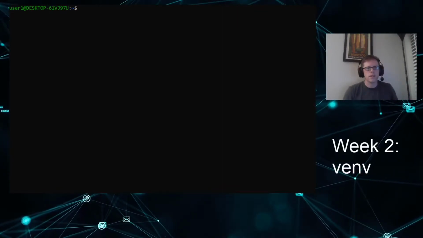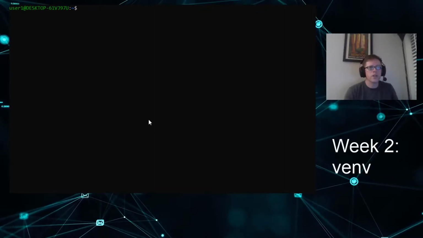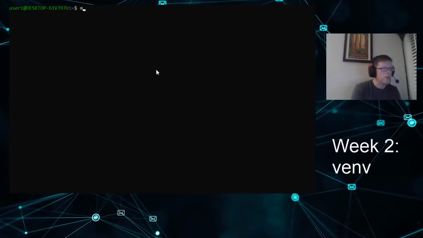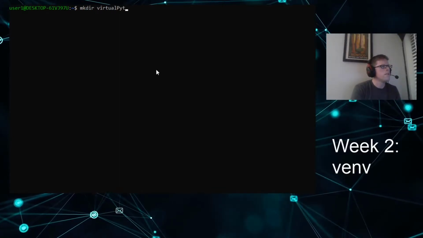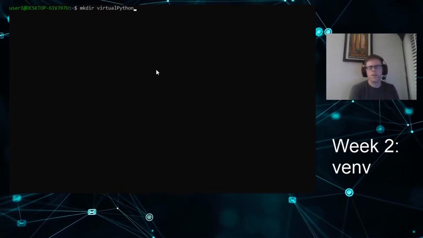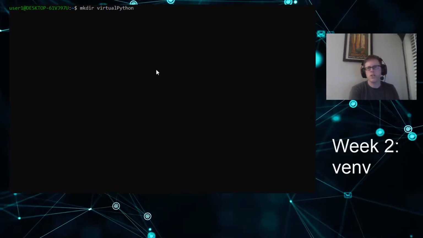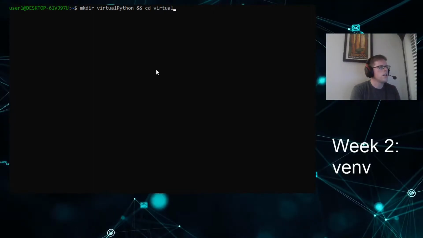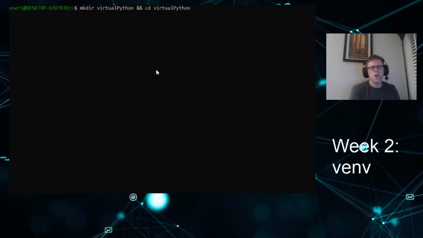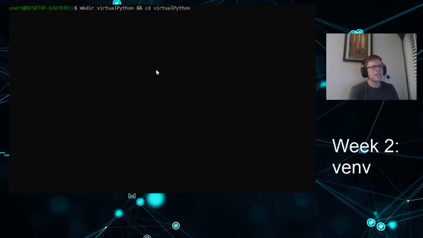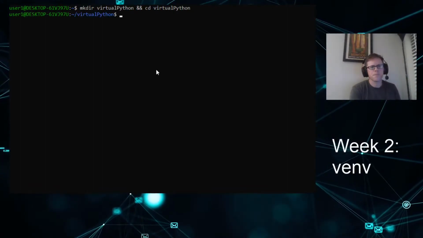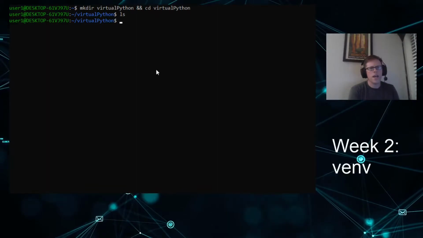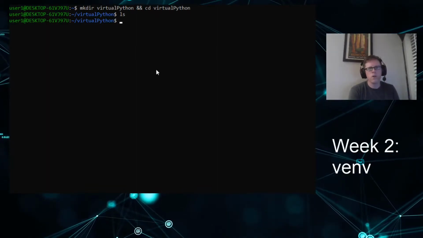Let's get started. First, we need to create a directory. I'll create one in my home folder called Virtual Python. Then I'll change directories into that. Notice I chained my two commands together with an ampersand. Next, I see that this directory is empty, and I will have all of my code for my entire project